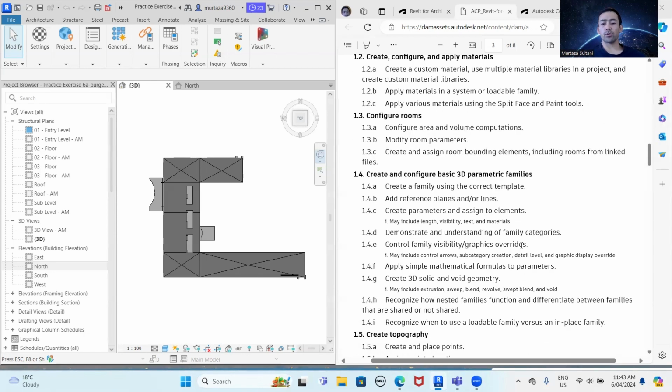And in the fourth section of the modeling, you need to learn about creation and configuration of basic 3D modeling families, parametric families. In Revit, one of the very important parts is the families. For that, you need to understand how to use family templates, the correct one, how to add reference planes on that template, and how you create parameters and assign to elements